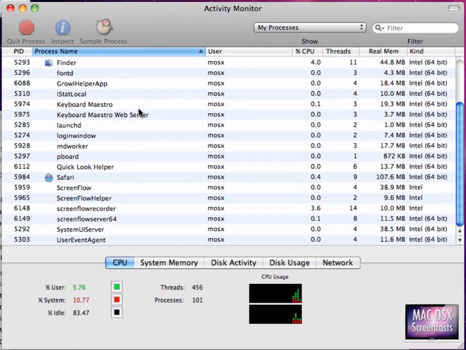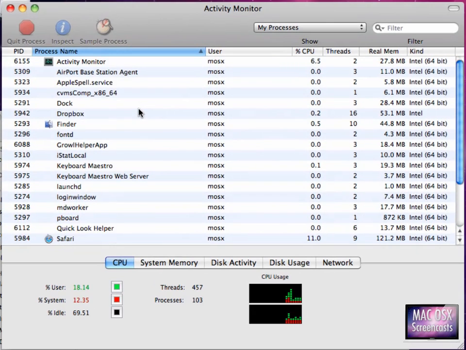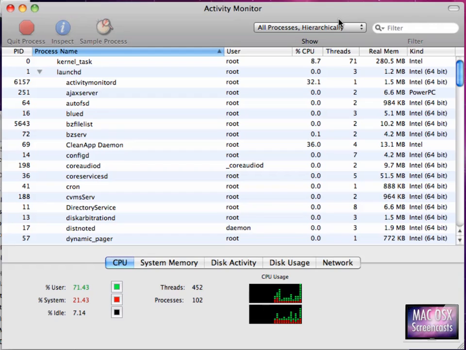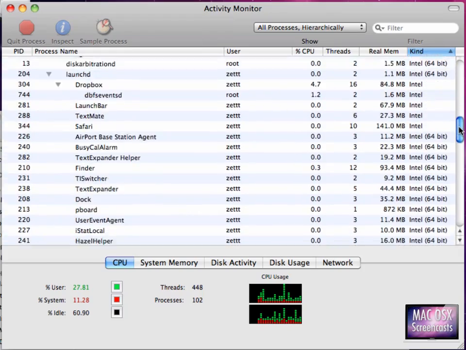You can resort this list by process name, process ID, and here you see all running processes. Here you see in the list column the user which executes this process. You can change this list to show all processes hierarchically, and now you see all running processes which derive from launch daemon. You can also filter or sort this list by CPU, and you will see at the very bottom